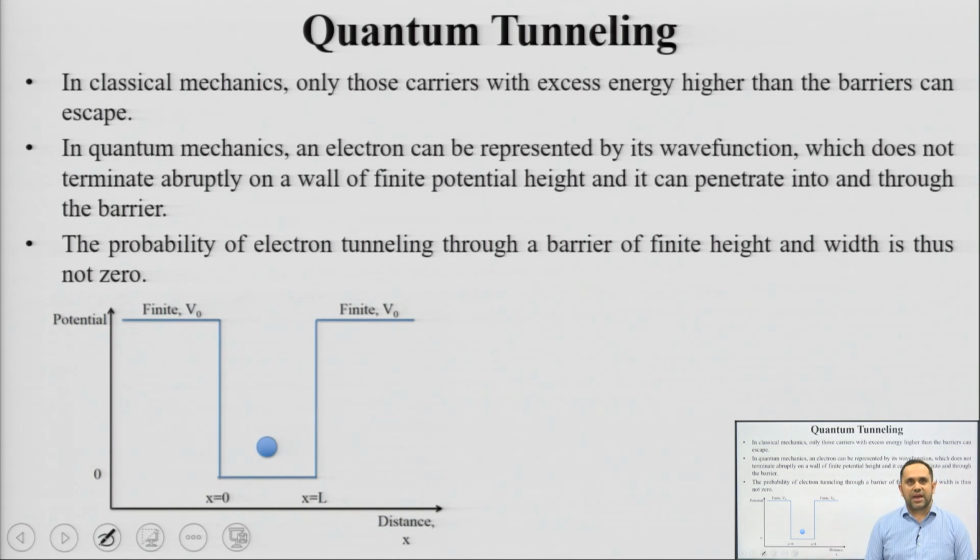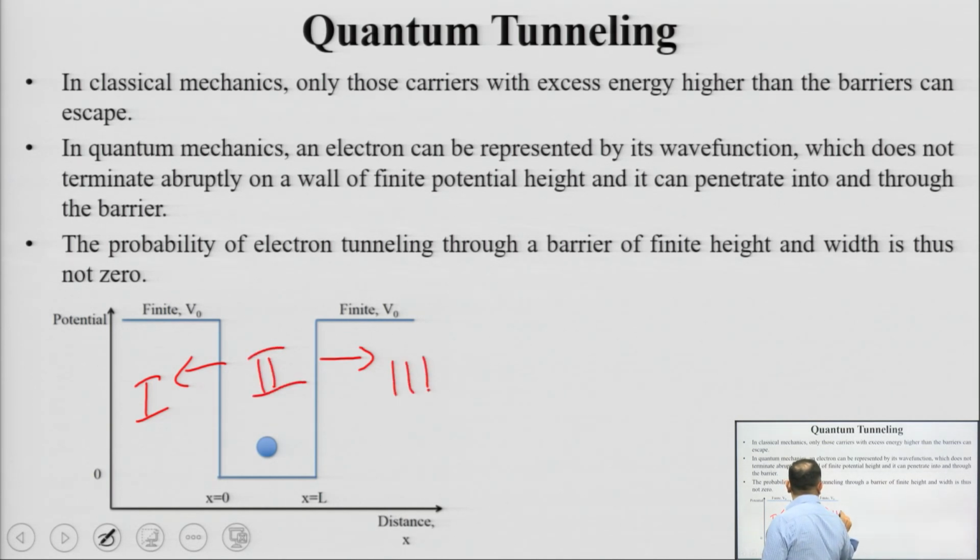In quantum mechanics, we use the wave function psi. In one of our initial lectures, we covered the concept of quantum mechanics and introduced the wave function psi. The psi can be defined in regions to the left of the finite barrier and to the right. Let us call these region 1, region 2, region 3. If you solve Schrodinger's wave equation in these 3 regions, you are going to get the solution and the expression for psi.